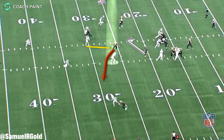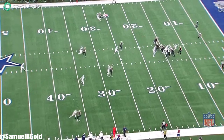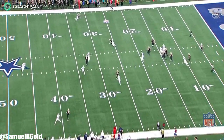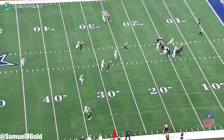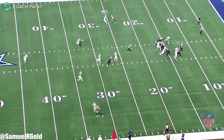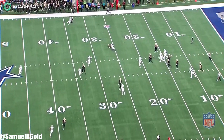However, what Lewis did here was amazing. Instead of crashing on his assignment, which was Alvin Kamara coming out of the backfield, he delayed his coverage and patiently shut down the drag throw to Thomas. This told Brees that his route was covered, so he's forced to move on to Kamara. Lewis then burst at his true assignment the instant that Brees moved on, and he tackled Kamara for a quick